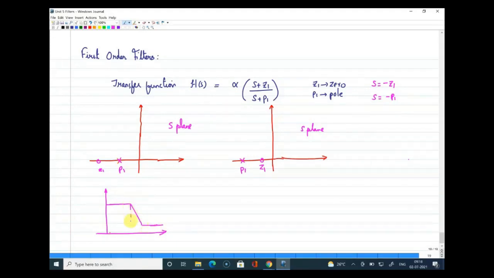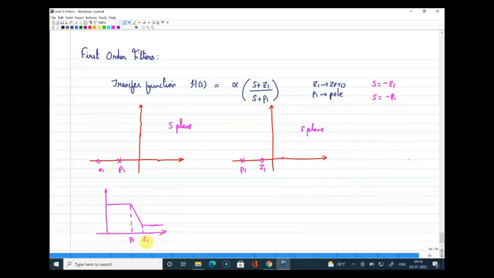So this is the point where you have encountered a pole, and this is the point where you have encountered a 0, right? One slight clarification here: yes, the way Anushka you thought is right, but the only difference is if you want to have an increase, then you should have a 0 again, because the slope was decreasing at a rate of 20 dB per decade, and that will be neutralized when a 0 comes into the picture. So this will be the characteristics of the filter if you have a pole value lesser than a 0 value, as shown in the first pole 0 diagram.